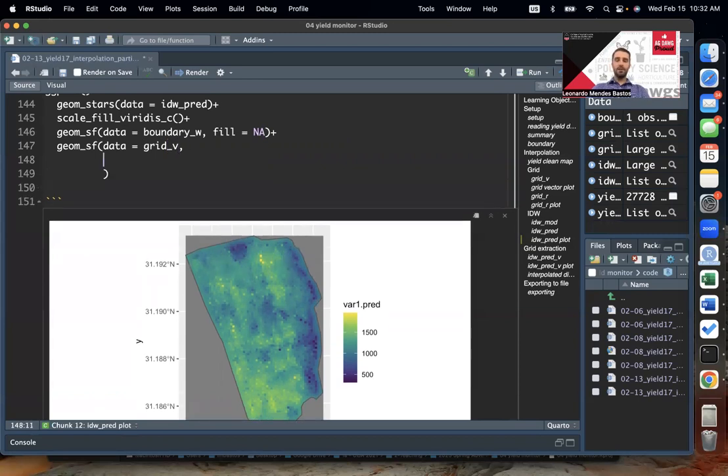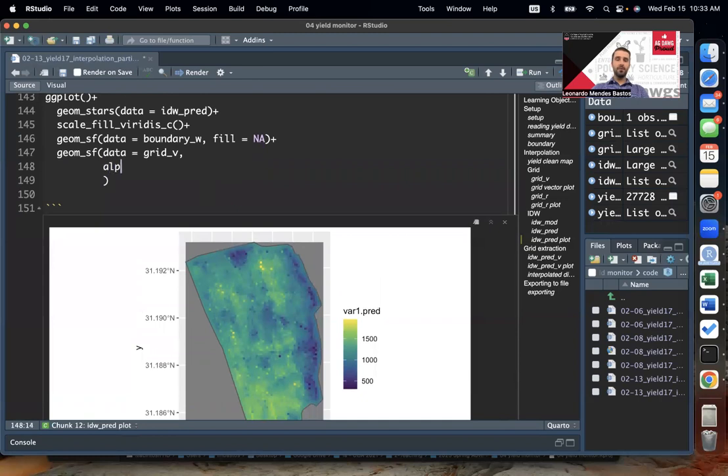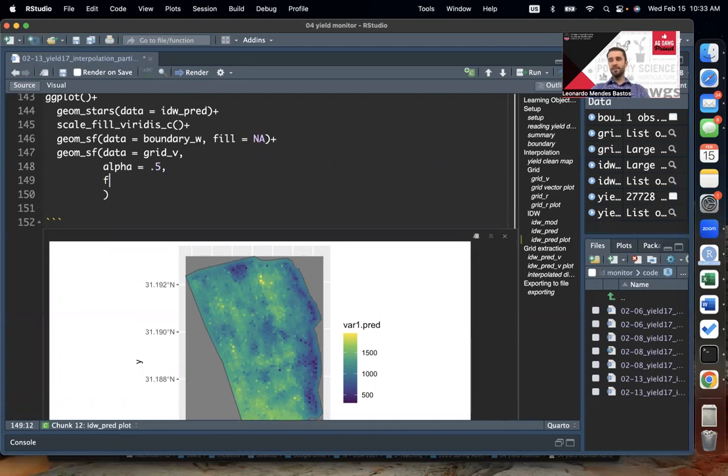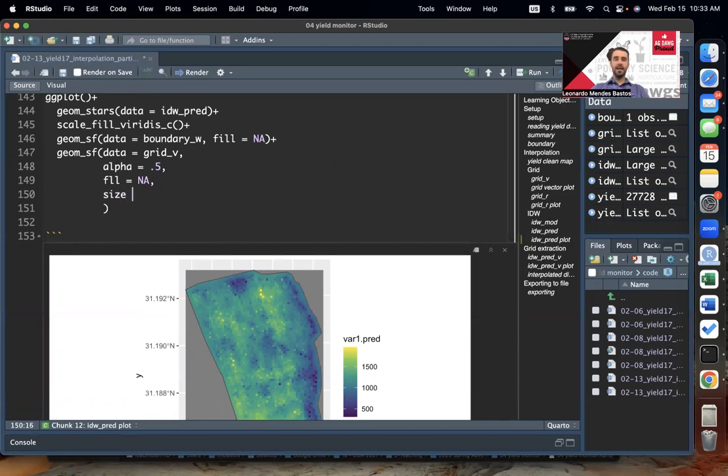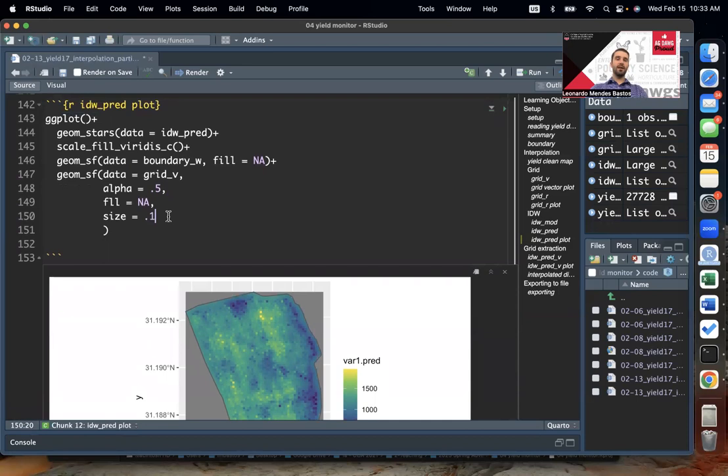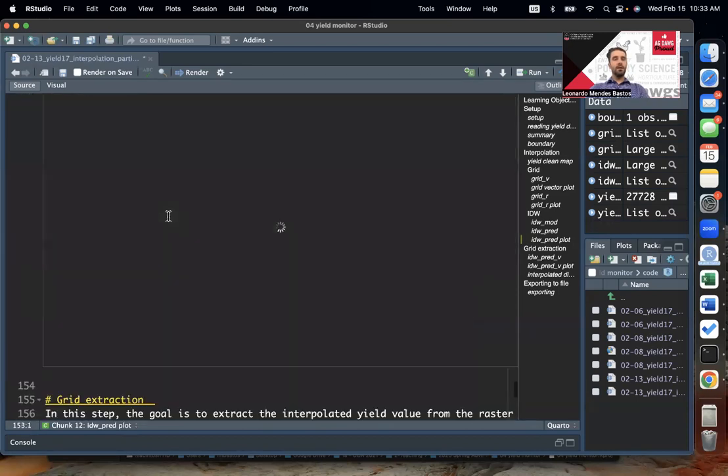I want to change a few things here before we plot. I want to change alpha transparency to 0.5, add a comma and say fill equals NA, add a comma and say size equals 0.1. That's just to help us visualize it. If we run it,